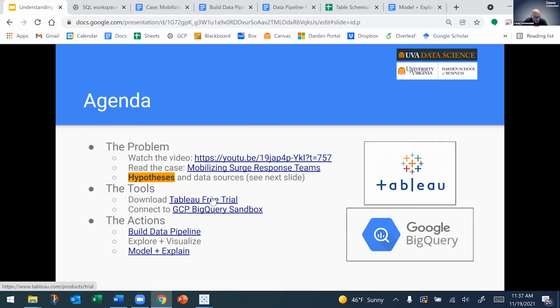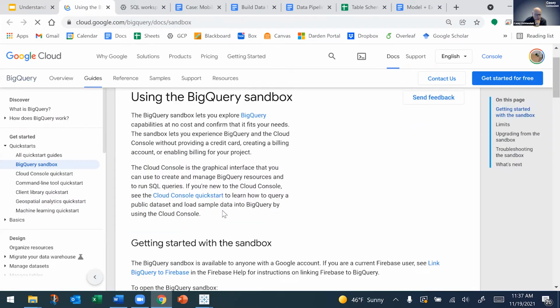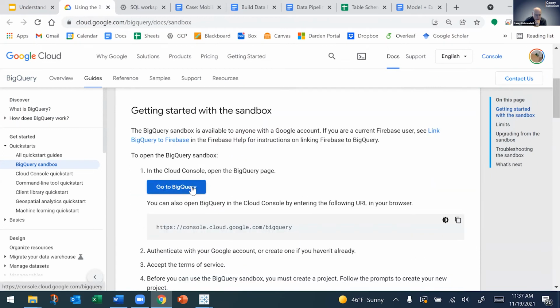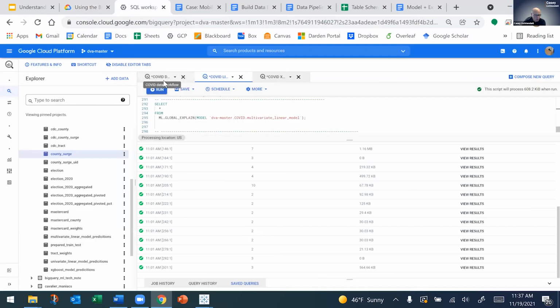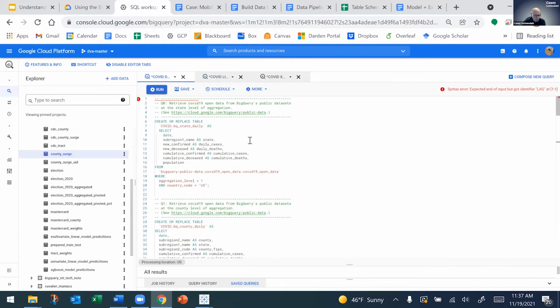Great. So let's go back up and ask those who want to follow along with us as we move forward to download a free trial of Tableau. This won't take but a few seconds to fill out a form and download that software. We're going to be demoing that here in a minute. And then the other thing you're going to want to do is go to this link here, and I'm going to click on it right now. And then this first big blue button says go to BigQuery. That will get the sandbox started for you so that you have a view like this where we can write SQL queries in